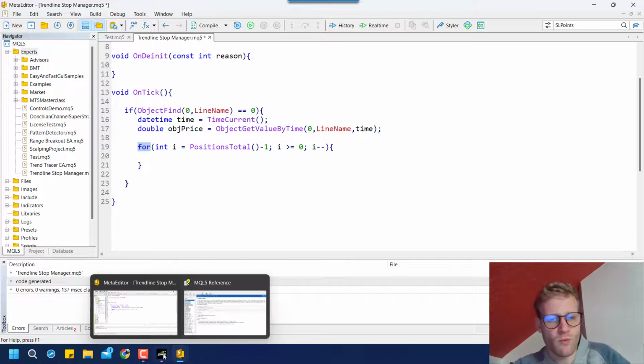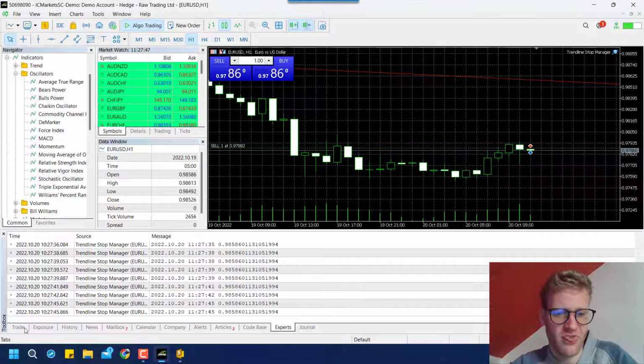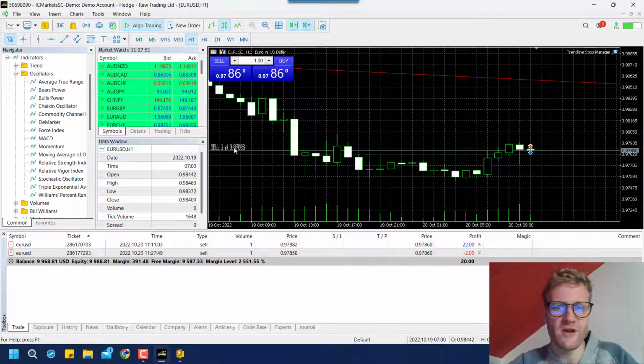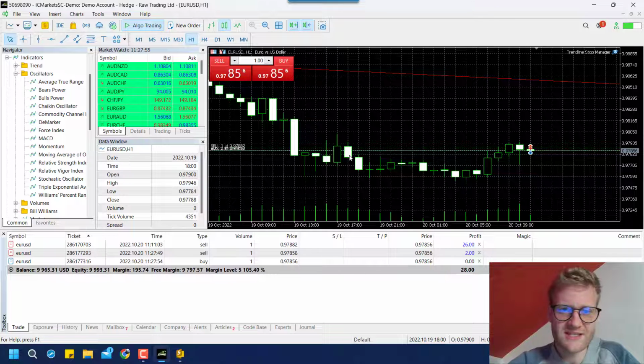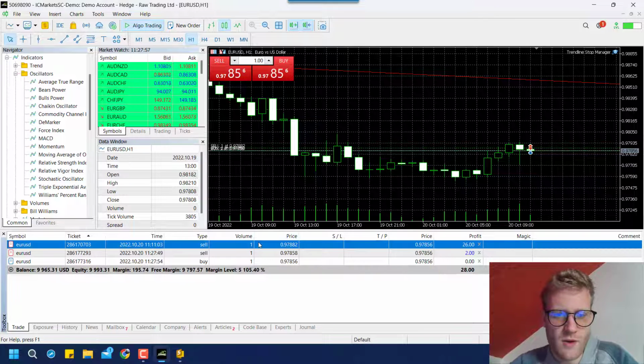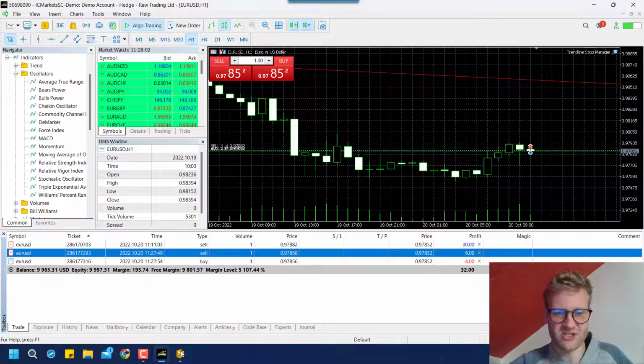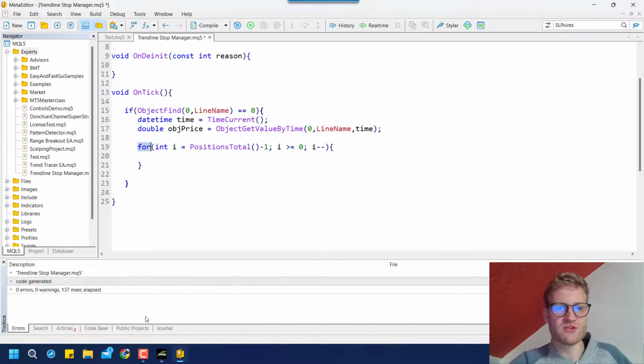So we could have 2 or 3 sell positions here, right? And we might want to modify the stop loss for all of them. And we could also have a buy position. So let's go with this example. So we will have to loop through all these positions and check if we have to modify the stop loss, right? So the easiest way to do so is using this for loop, because a for loop can have a